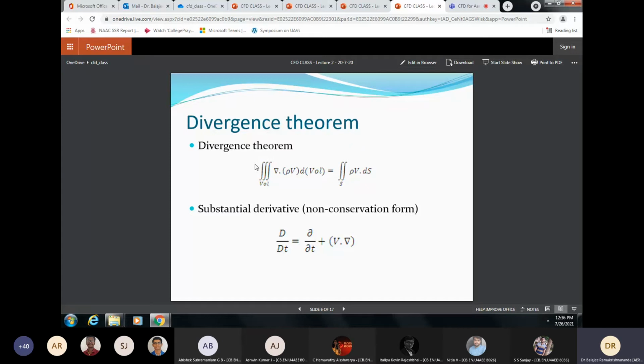Now whatever coordinate system you use, Cartesian coordinate system or cylindrical coordinate system or spherical coordinate system, your d volume and dS may change, but this equation will hold good for any kind of system. Very basic. Even if you have curvilinear coordinate system, whatever it may be, this has to hold good. So left hand side is known as divergence without the integral. Del dot rho v, for an elemental volume.